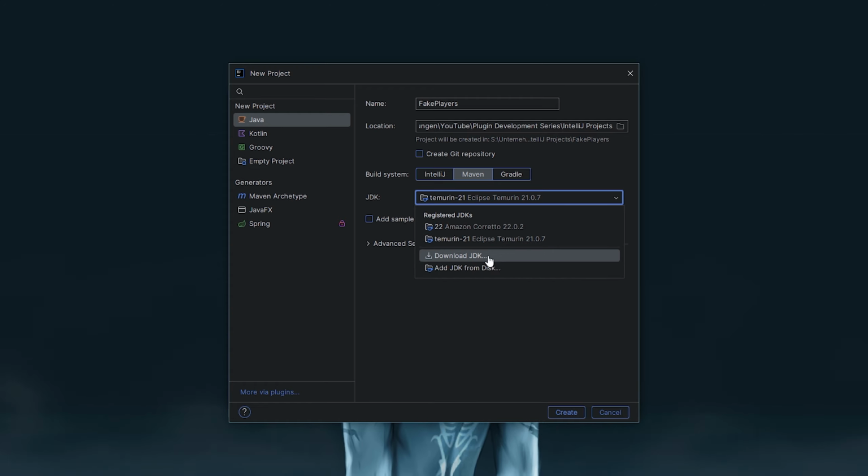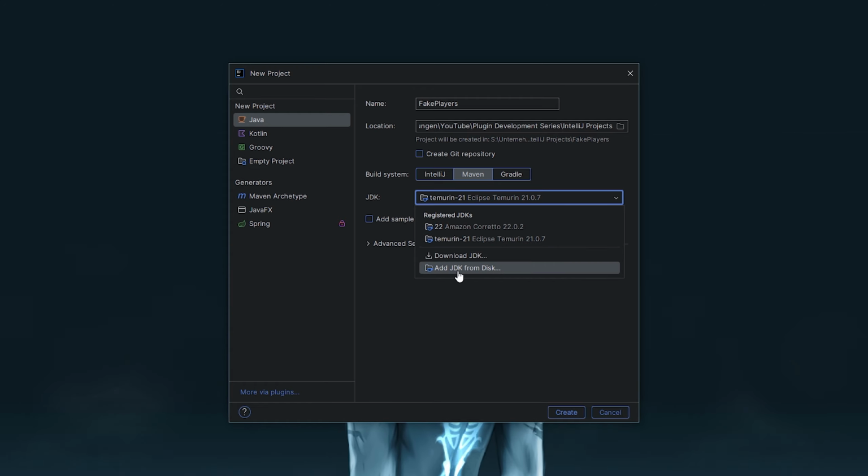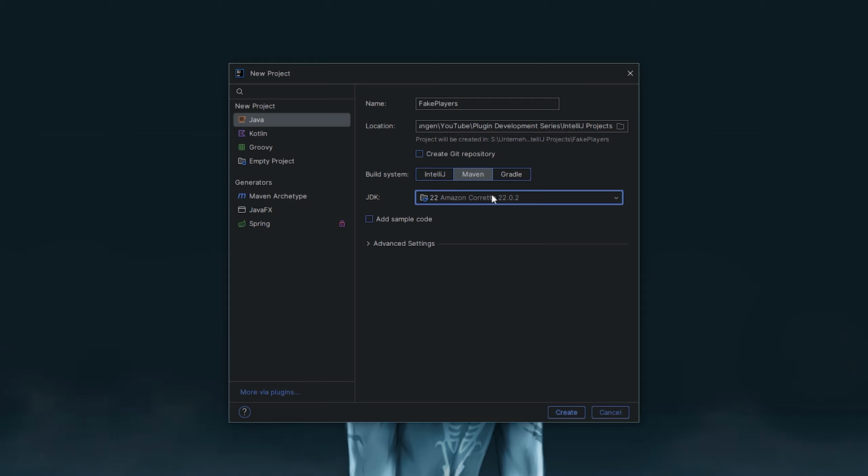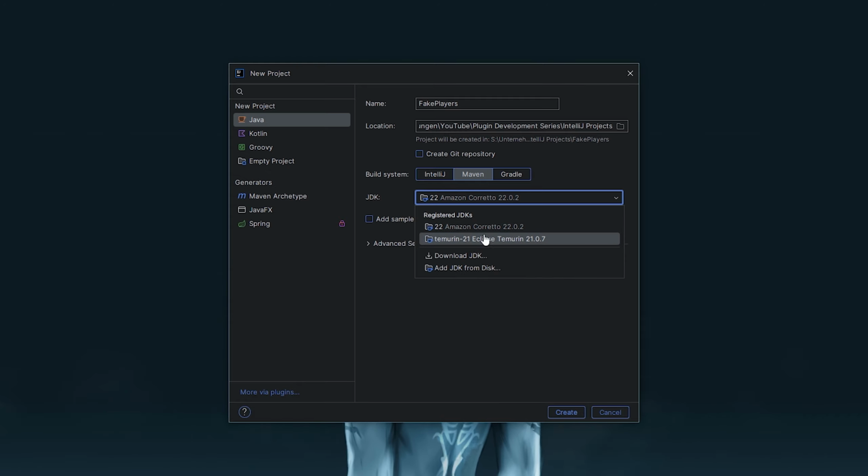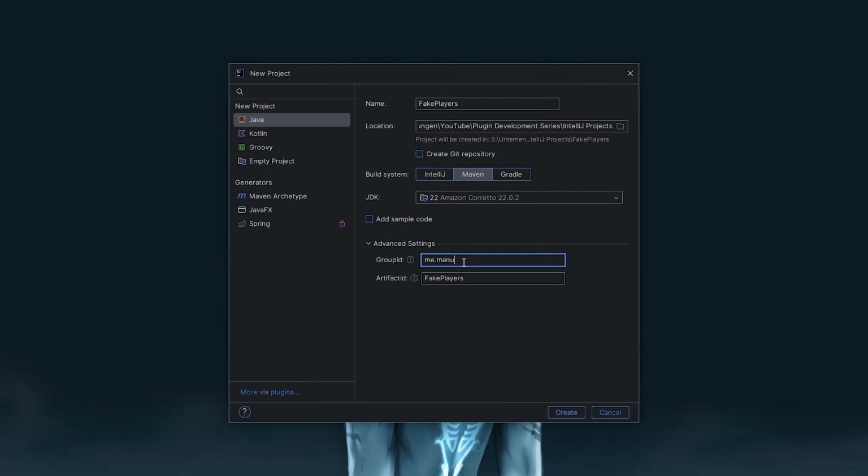You can just download the JDK here, or you can download the JDK from the web and then use it here. But I would just stick with 21 or 22. It doesn't really matter because in Maven we are going to configure 21 to be used, so it should be fine. Now we're going to go to the advanced settings and we are going to define a group ID and